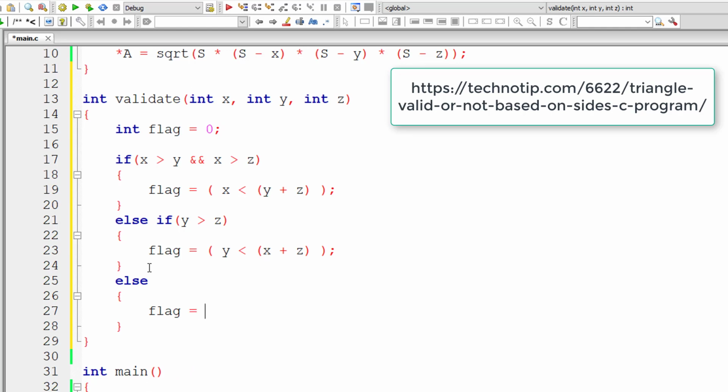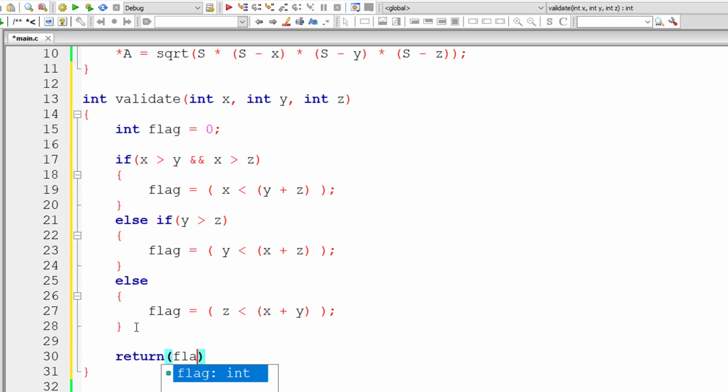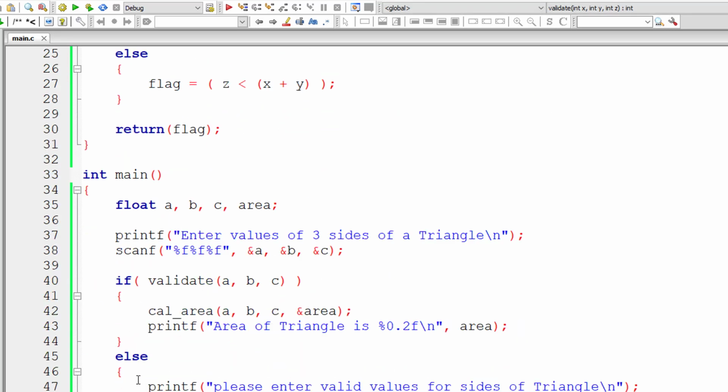So flag is equal to, the value of z should be less than the other two sides, that is x plus y. So if this condition returns true, then flag will have 1 or else it will have 0.